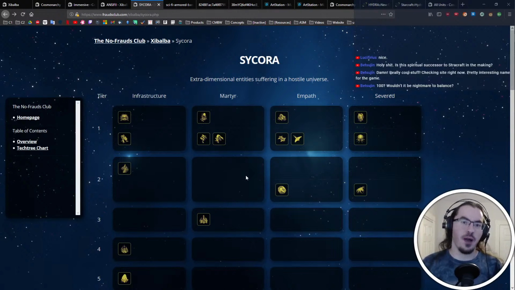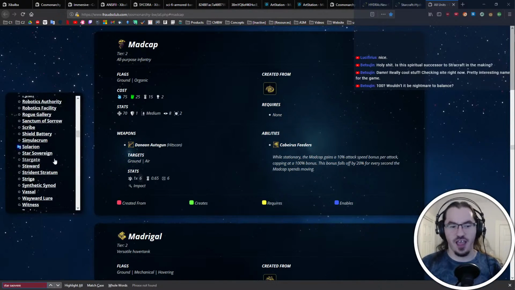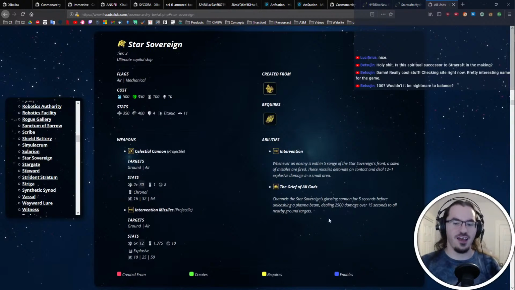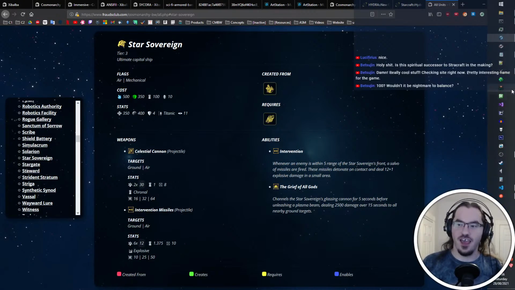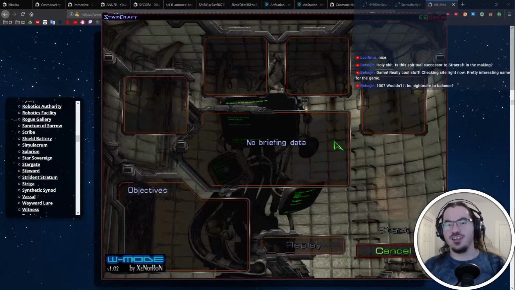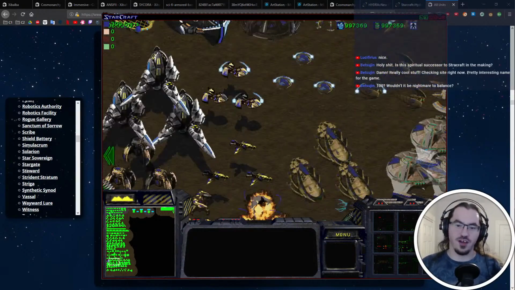There's stuff that's super powerful, like in the Brood War mod rendition of this. We have something called the Star Sovereign, which is like everybody's favorite thing to point at and say, this is busted, because it has behavior that channels for 5 seconds and then unleashes a 15-second long blast of damage that deals 2,500 damage in the area. And I can even just demonstrate this. But the idea behind this is that it's basically meant to make good on the promise from the Brood War intro cutscene,